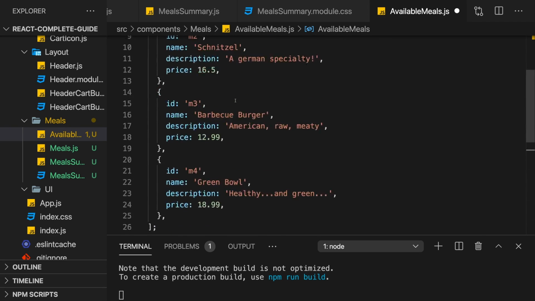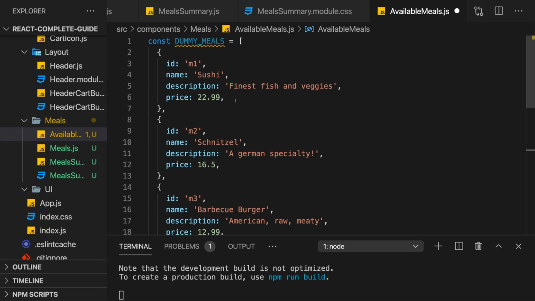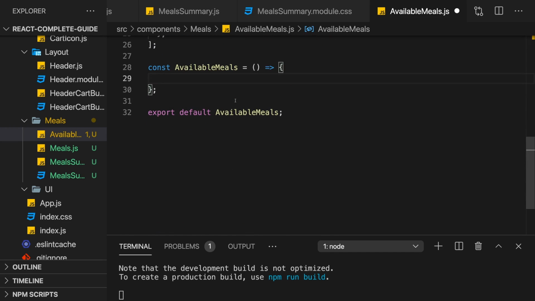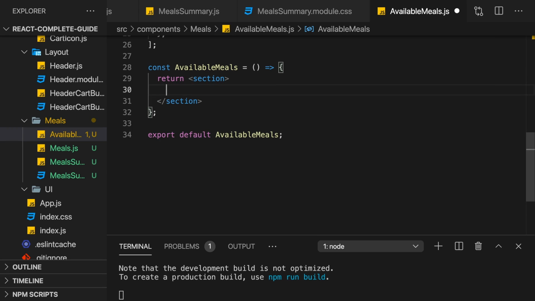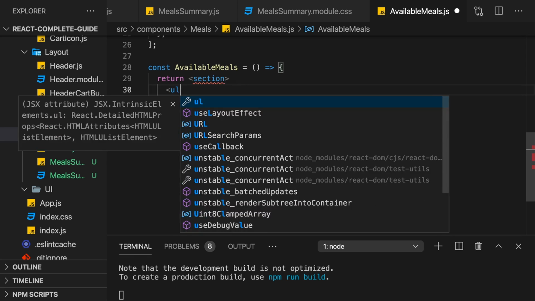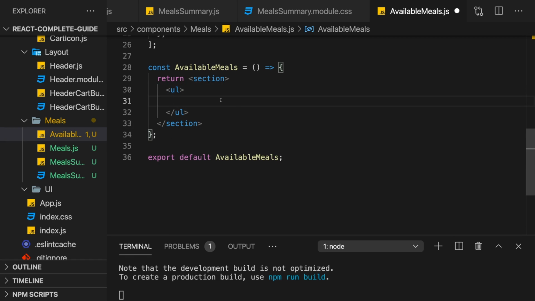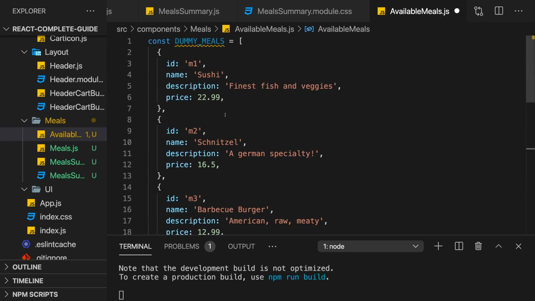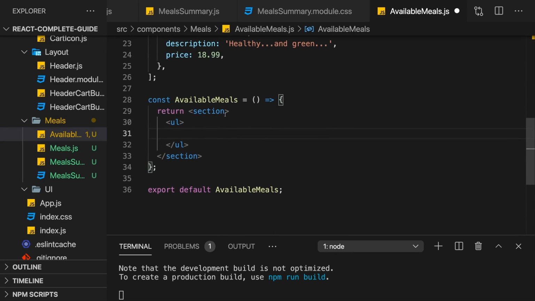And therefore we will need to transform this regular array of JavaScript objects to an array of JSX elements. And that is something you of course learned throughout the course. That is something you can do easily with React. So here we want to return some JSX code, let's say with a section inside of it. And then inside of this section, I want to have an unordered list. And inside of this unordered list, I want to have my meals list. And therefore we can add curly braces and then refer to dummy meals and map them into an array of